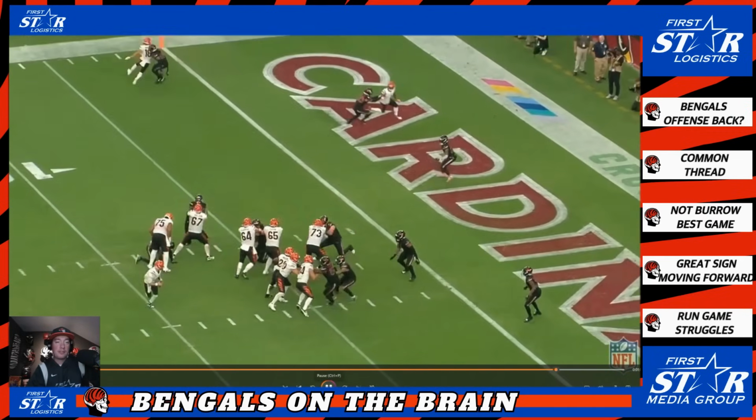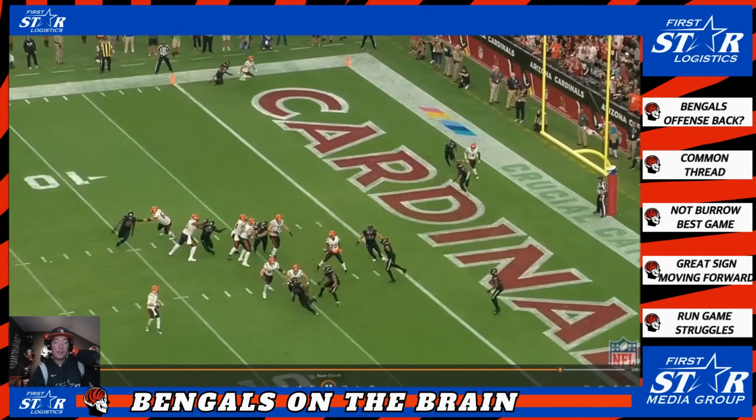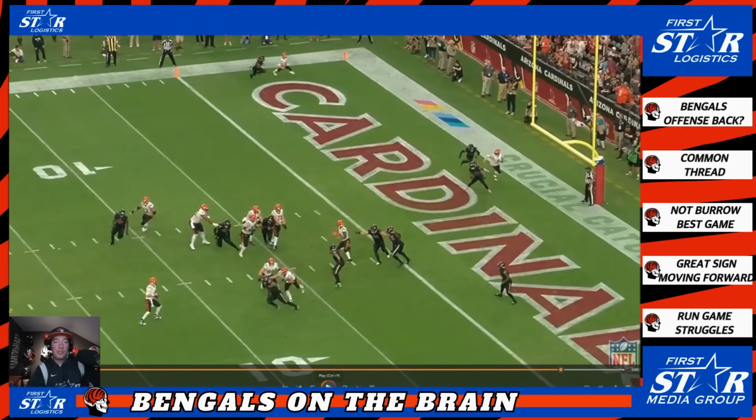Did they expect more confusion? And he sees here, I mean, Chase is doubled. Can you launch this back? Can you say, hey, I can maybe get this here, and will he undercut, or is that risky? Is it risky that the Cardinals defensive back may get his eyes on it and jump it? Well, we know what happens here, so let's let it roll, and I'll show you the points that I wanted